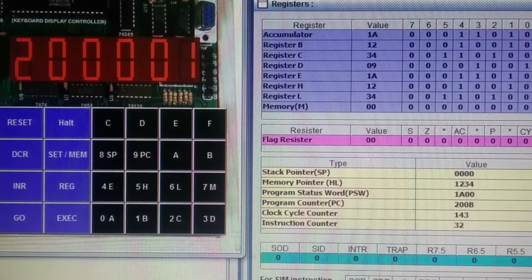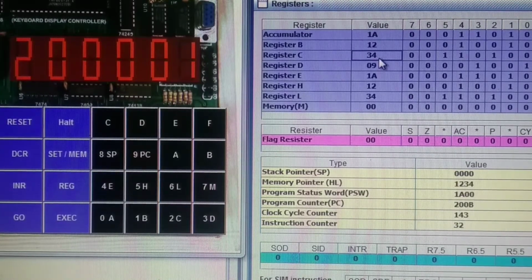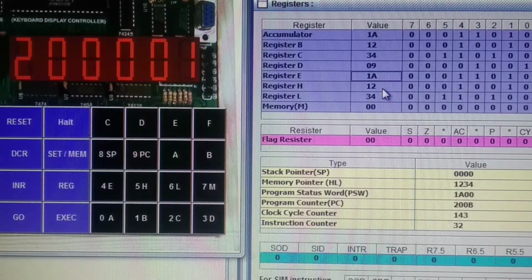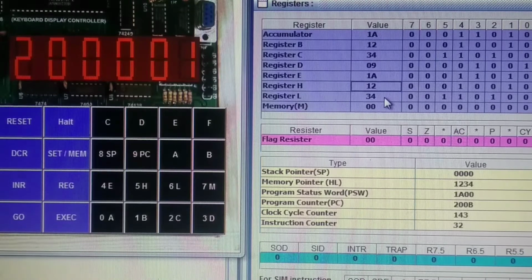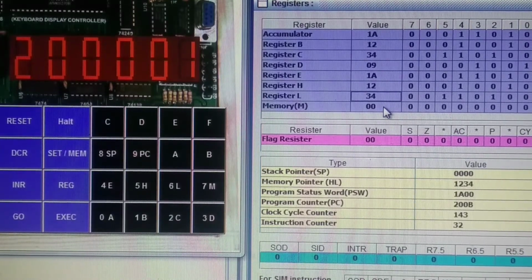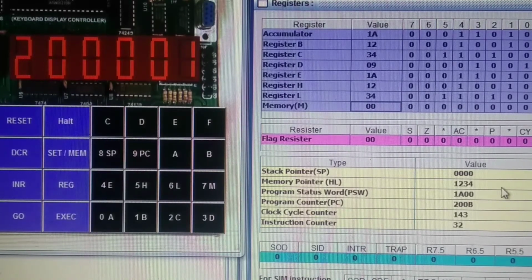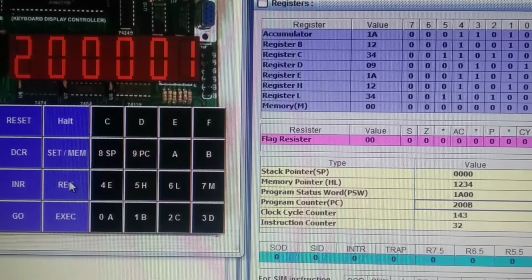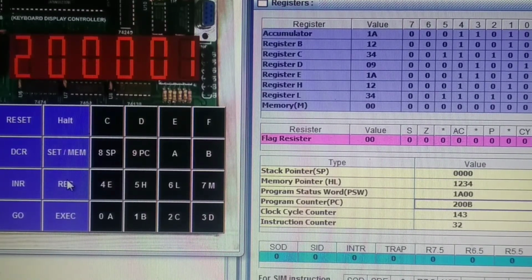Go to register. Here accumulator 1A, register B 12, register C 34, that is data 1234, D 09, E 1A, H 12, L 34 and here 00. The program ends at 200B. Directly we can check the contents of register also.